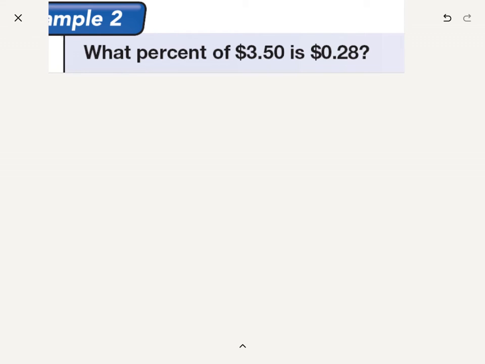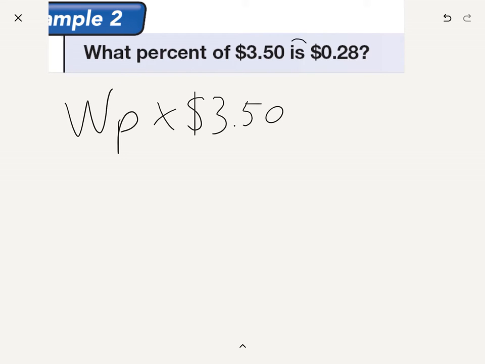Okay, so what percent of means times 350, is means an equal sign and 28 cents. So then we just need to divide each side by